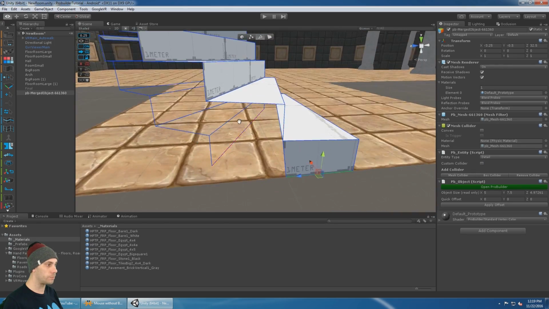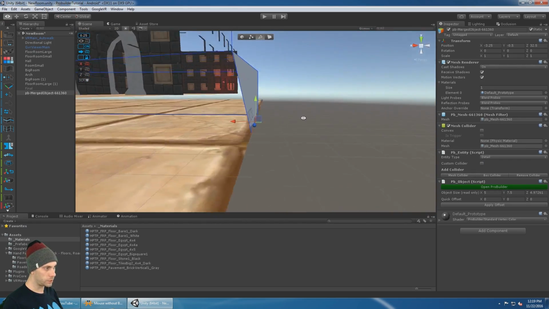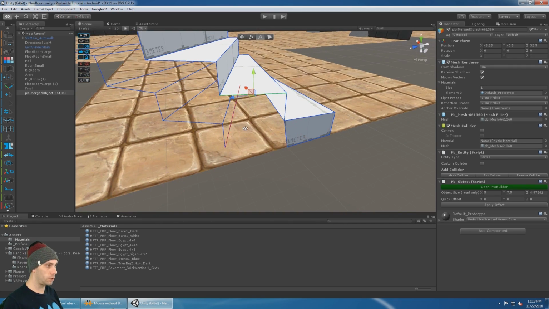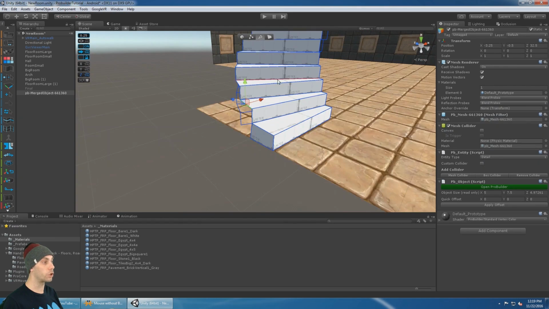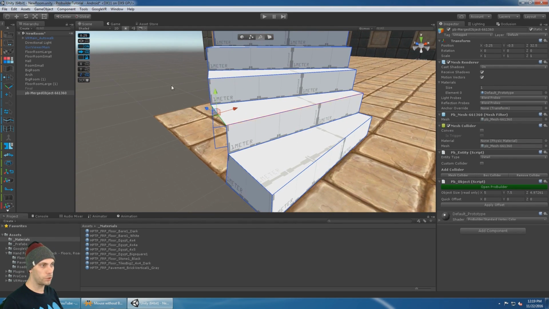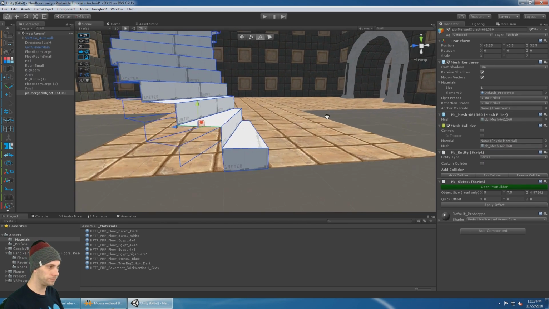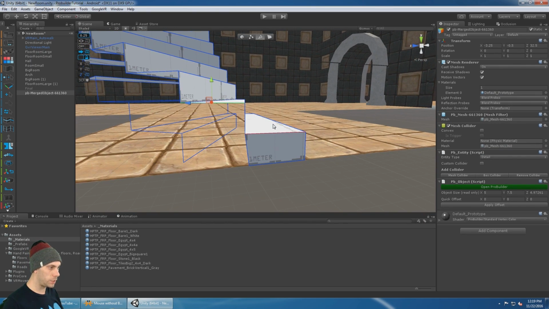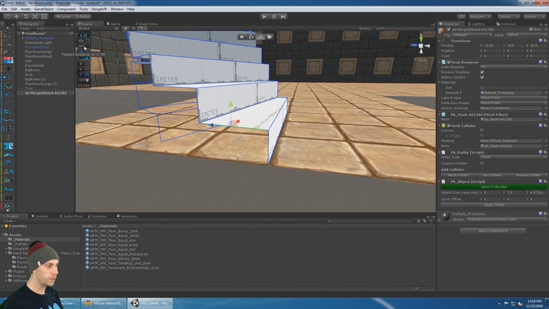Now because I've got Pro Grids on, these vertices are going to snap to the grid, which is going to mess up the staircase as we see here. And it's going to get a lot worse as we go because these other steps are curved. So I'm going to turn Pro Grids off. We really don't need Pro Grids for this entire tutorial. Okay, so I'm going to Control Z back to here, and now that Pro Grids is turned off,